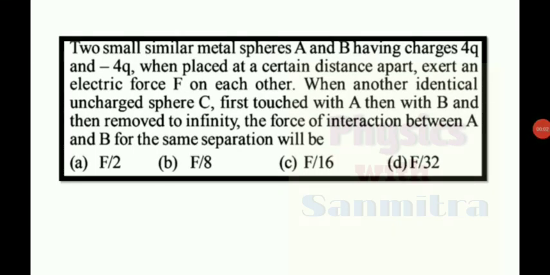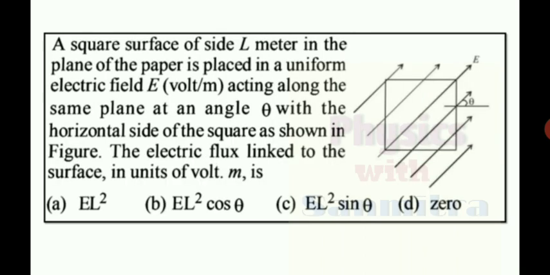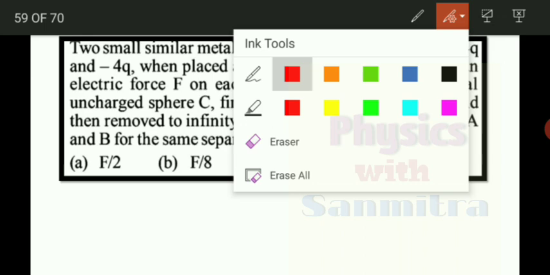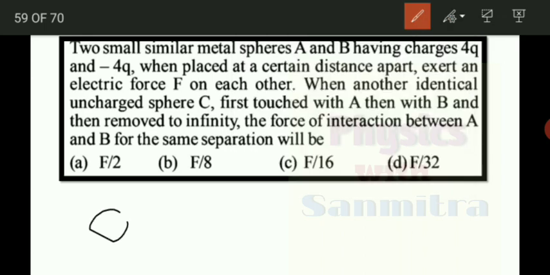Two small similar metal spheres A and B having charges 4q and minus 4q, when placed at a certain distance apart, exert an electric force F on each other. When another identical uncharged sphere C is first touched with A and then with B and then removed to infinity, the force of interaction between A and B for the same separation will be. Let's see what this question is exactly demanding. This sphere is 4q and this sphere is minus 4q. They are placed at some certain distance and they are exerting a force F on each other, and this F will be proportional to